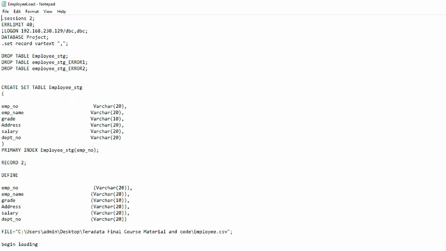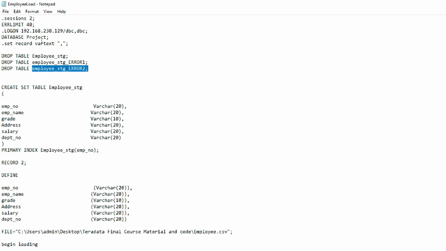And after that I have 3 drop commands. I'll give you an example of why we have used these drop commands. In Teradata, this is the first table which we have, the target table. This is the target table on which we are going to load our data, and these 2 tables are the error tables, error table 1 and error table 2.